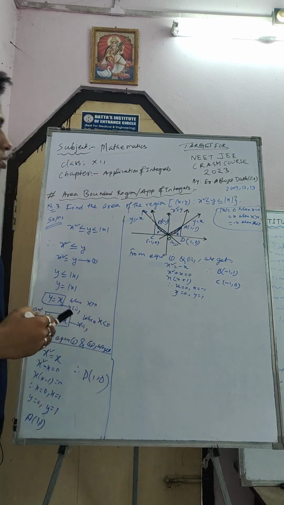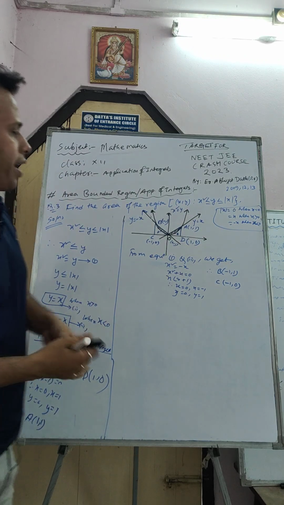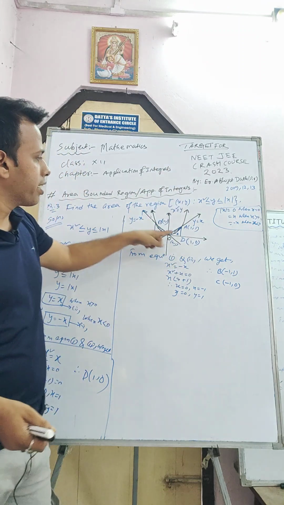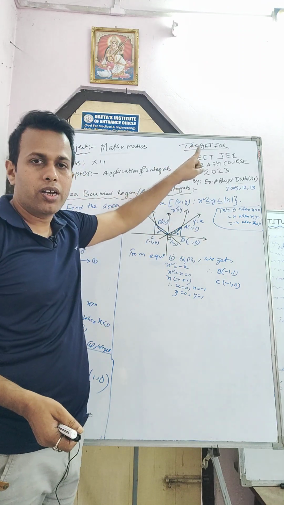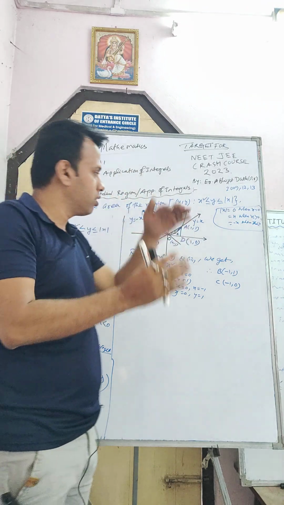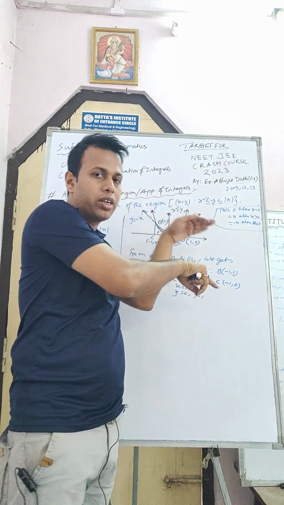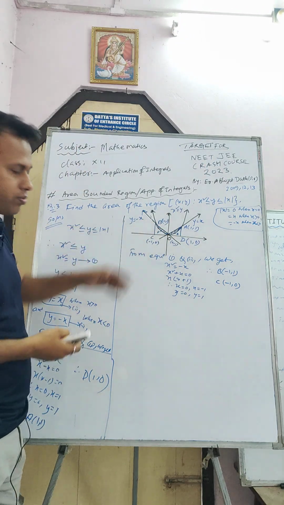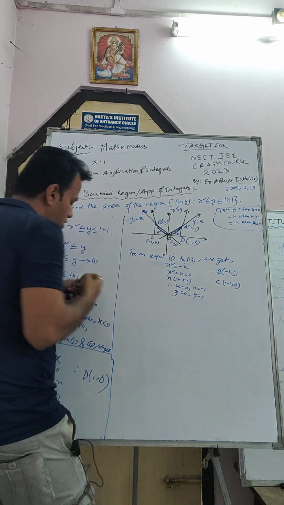Fine. So now we have to find the area enclosed by the straight line, the whole area, and after that find the area of this part using the parabola. After that we subtract this part, the whole part, and this lower part. After that we multiply by 2 so that we can find this area.